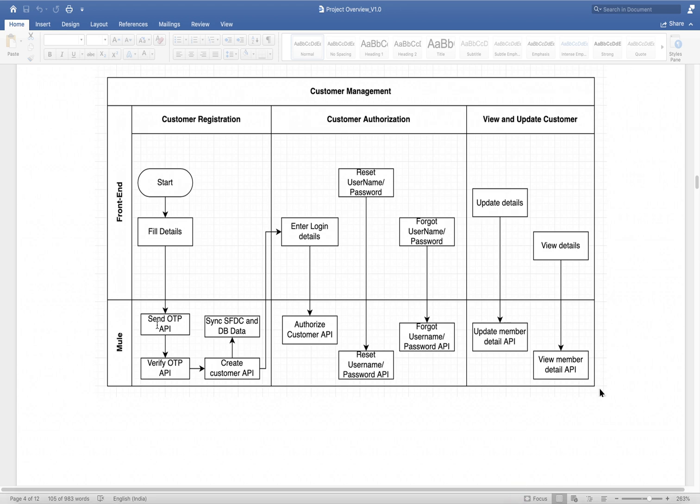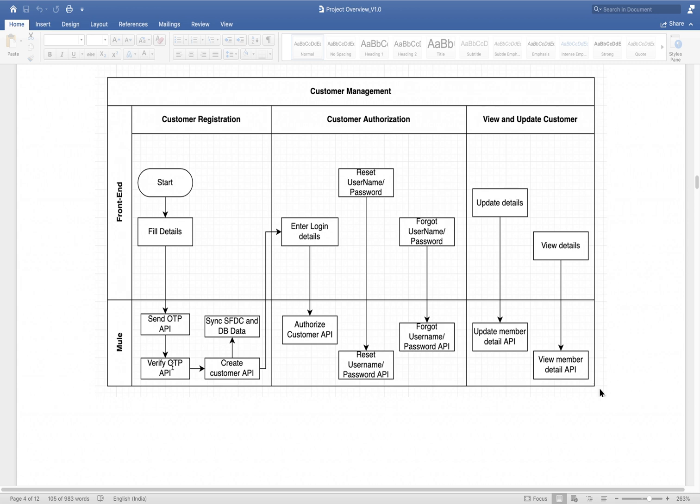Then we will send an OTP to their mobile number. For that, on the Mule side we need one API that will send the OTP, so we will create a send OTP API. Once the user receives the OTP on their mobile, they will check their message and take that OTP and enter it in the OTP verification section.